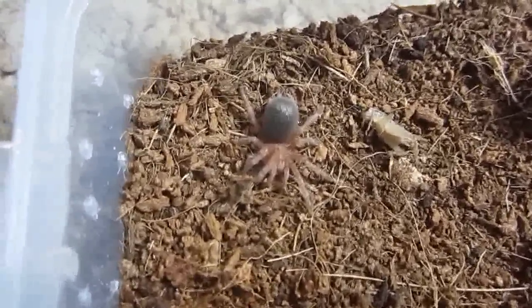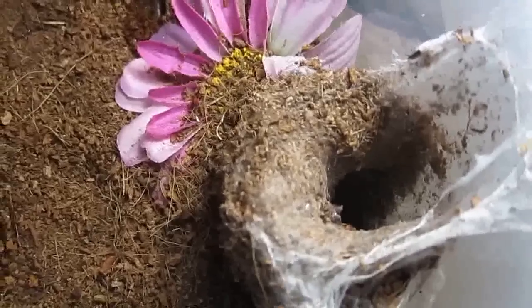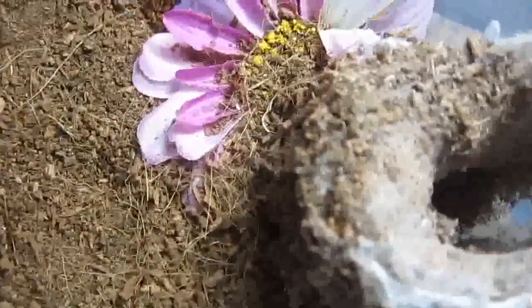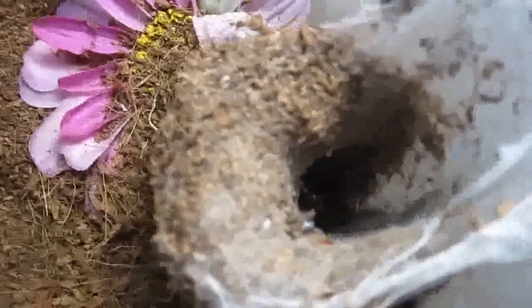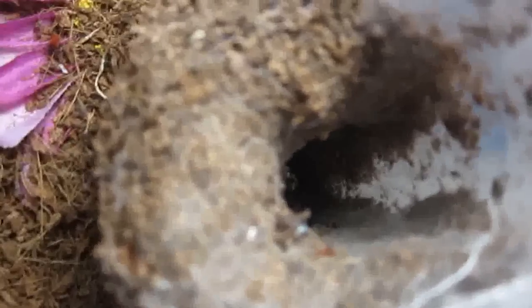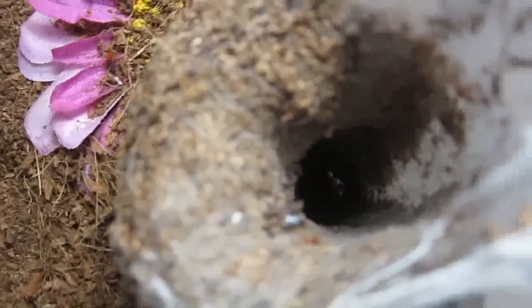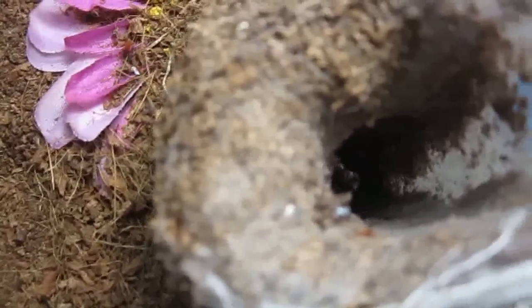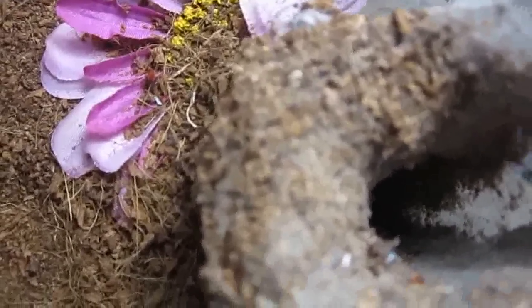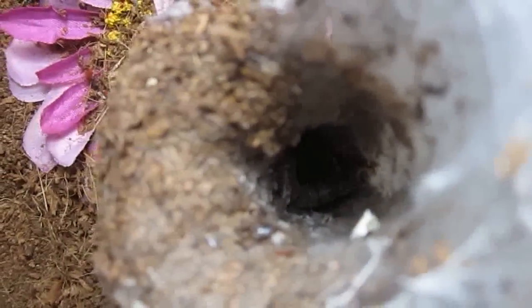Alright, we'll move on. Well, my Ephebopus uatuman, the emerald skeleton, had molted. The molt is somewhere in there, and there were just pieces of it up here. It was very crunchy, so I'm thinking that it is hardened up by now. Looked like it had even perhaps eaten some of its molt, and I think that's what it did. They sometimes do that to get some of their lost fluids back, because the molts do have fluids in them. So I am going to put a worm down in there, and I don't know if we're going to see a grab, but